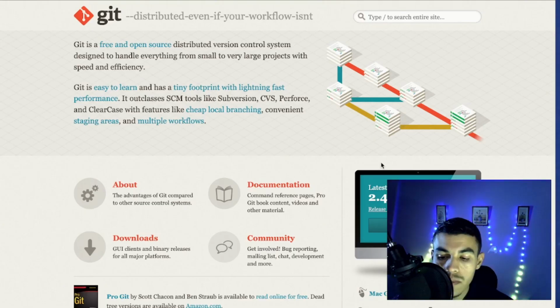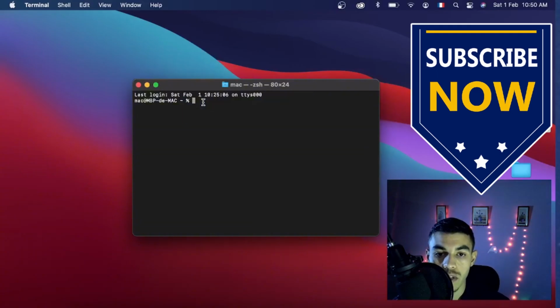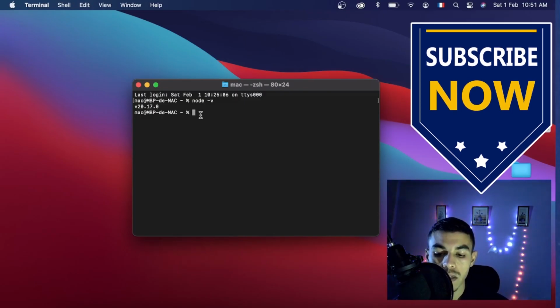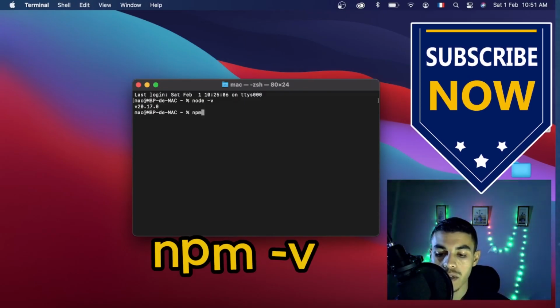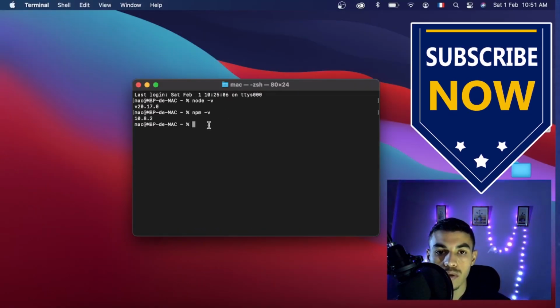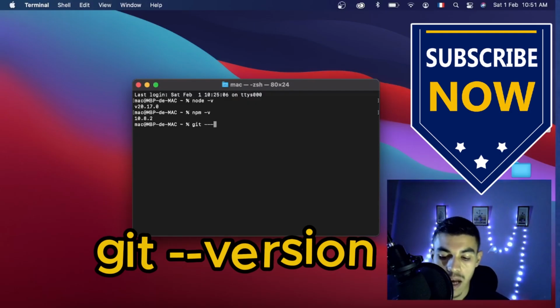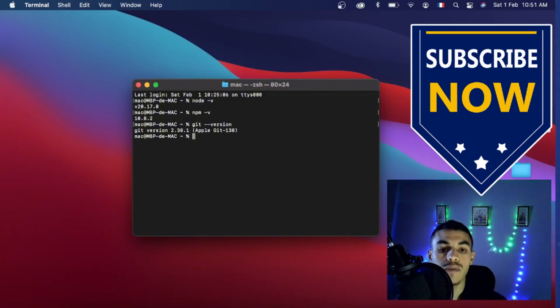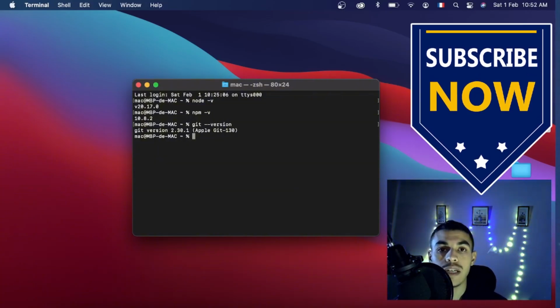Now once you finish with it, open up your terminal and check that Node.js is installed correctly by typing node -v. It will give you the version number. You can also check npm with npm -v, which gives you the installed version. And you can check Git with git --version, and it will give you the version of Git you have installed. Now you have all the necessary tools, so we are ready to dive in and build our first